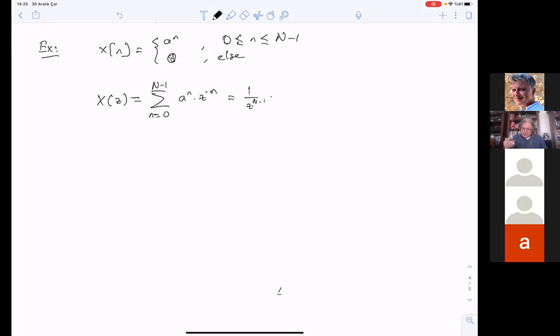1 over z to the power n minus 1, or z to the power minus n plus 1. You can write it like this: z to the n minus a to the n over z minus a. This is a grossly simplified expression, but it's the final form, okay? And when we look at the final form here,